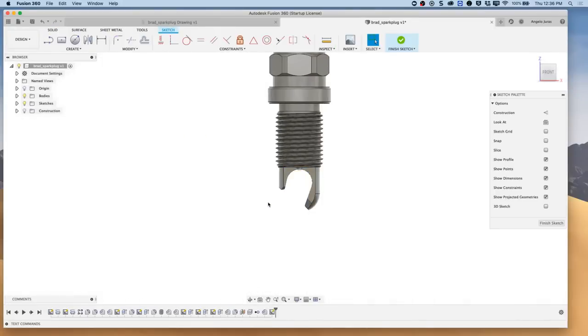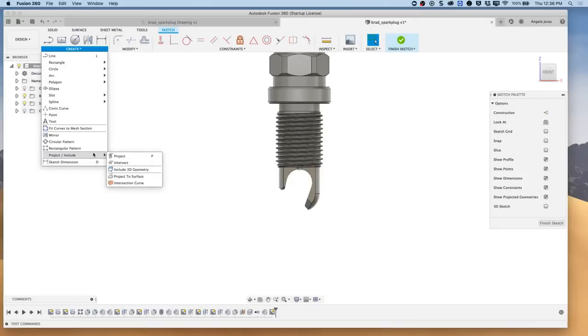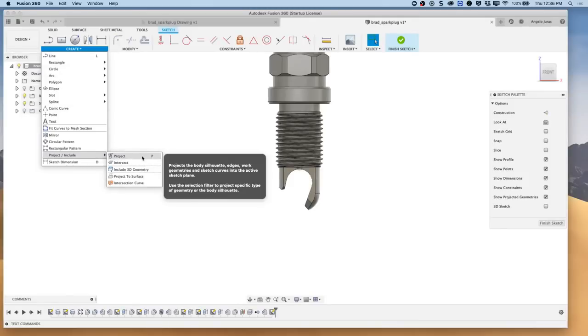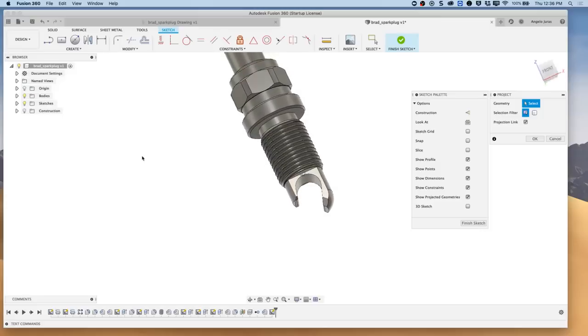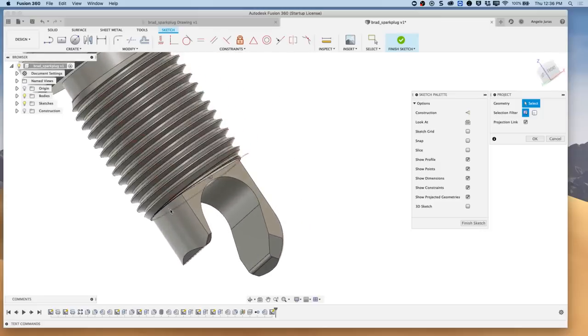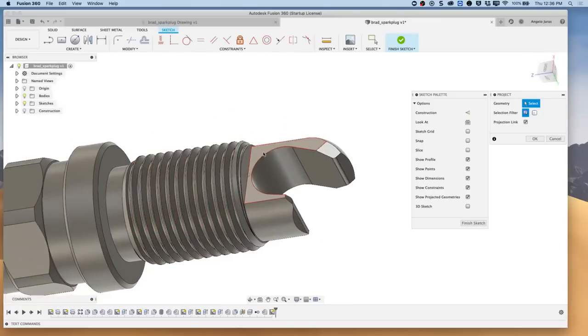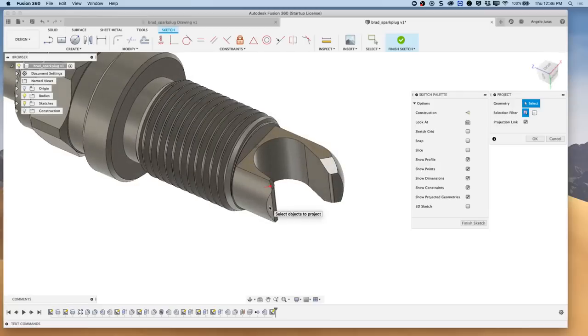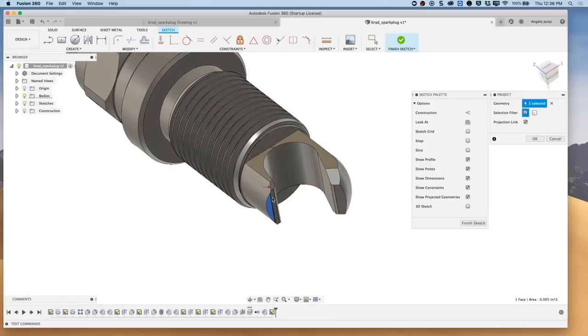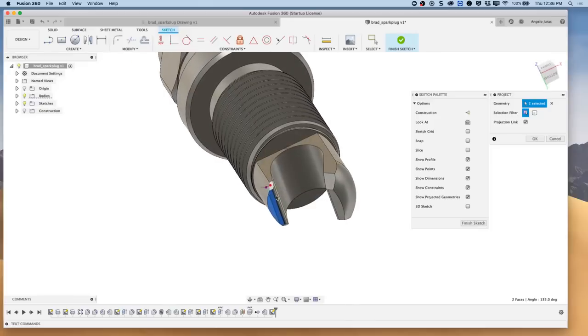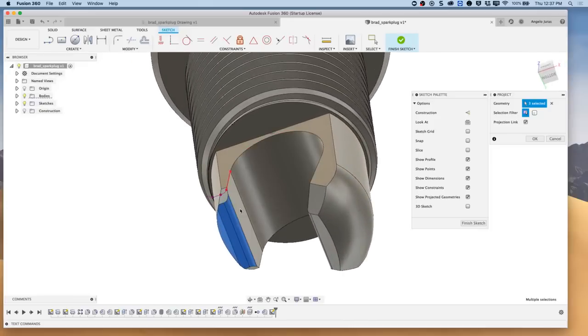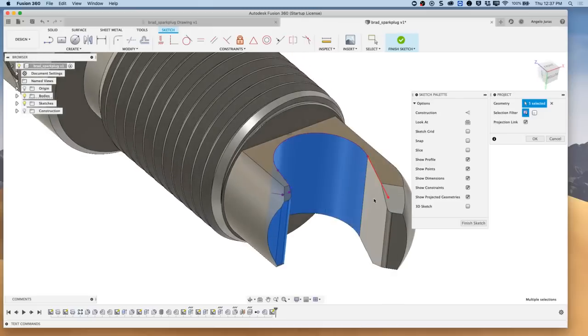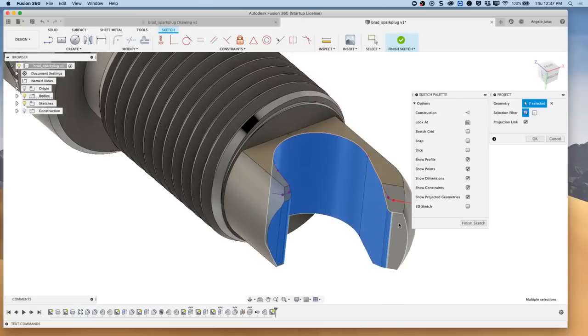And what I'm going to do is here, create. I can go to project. I could have also hit letter P. That's the shortcut. So project. And I'm just going to select the things that I want projected to that. Remember, I created a sketch on this surface. So I can come over here, click that and this. And so what Fusion is doing now is projecting this up to that plane, and then I'll later be able to select this